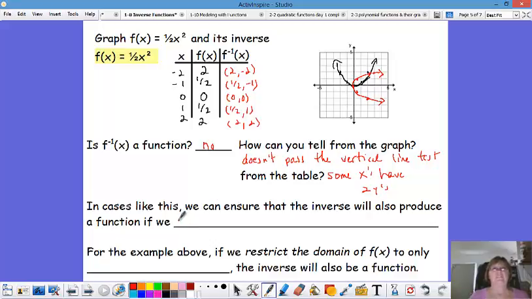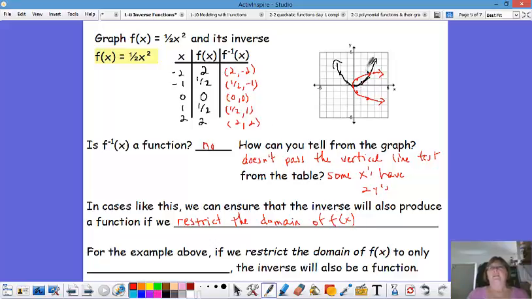if we restrict the domain of our function. So if we restrict the original domain, so the domain of f of x, we can get an invertible function. For example, if we restrict the domain of f of x to only, and folks, I would ask you to